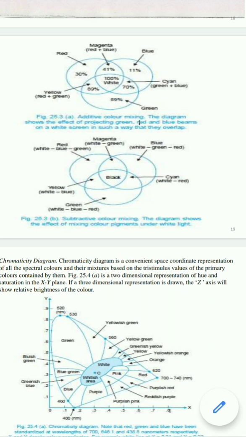If we are subtracting green color from white, we will get the magenta. And if we are subtracting yellow from white, you will get the... yellow is our complementary, so you are supposed to subtract the primary. So here we can subtract blue color from white, so we will get the yellow color. So here you can see the diagram, and like this we can do the subtractive color mixing.